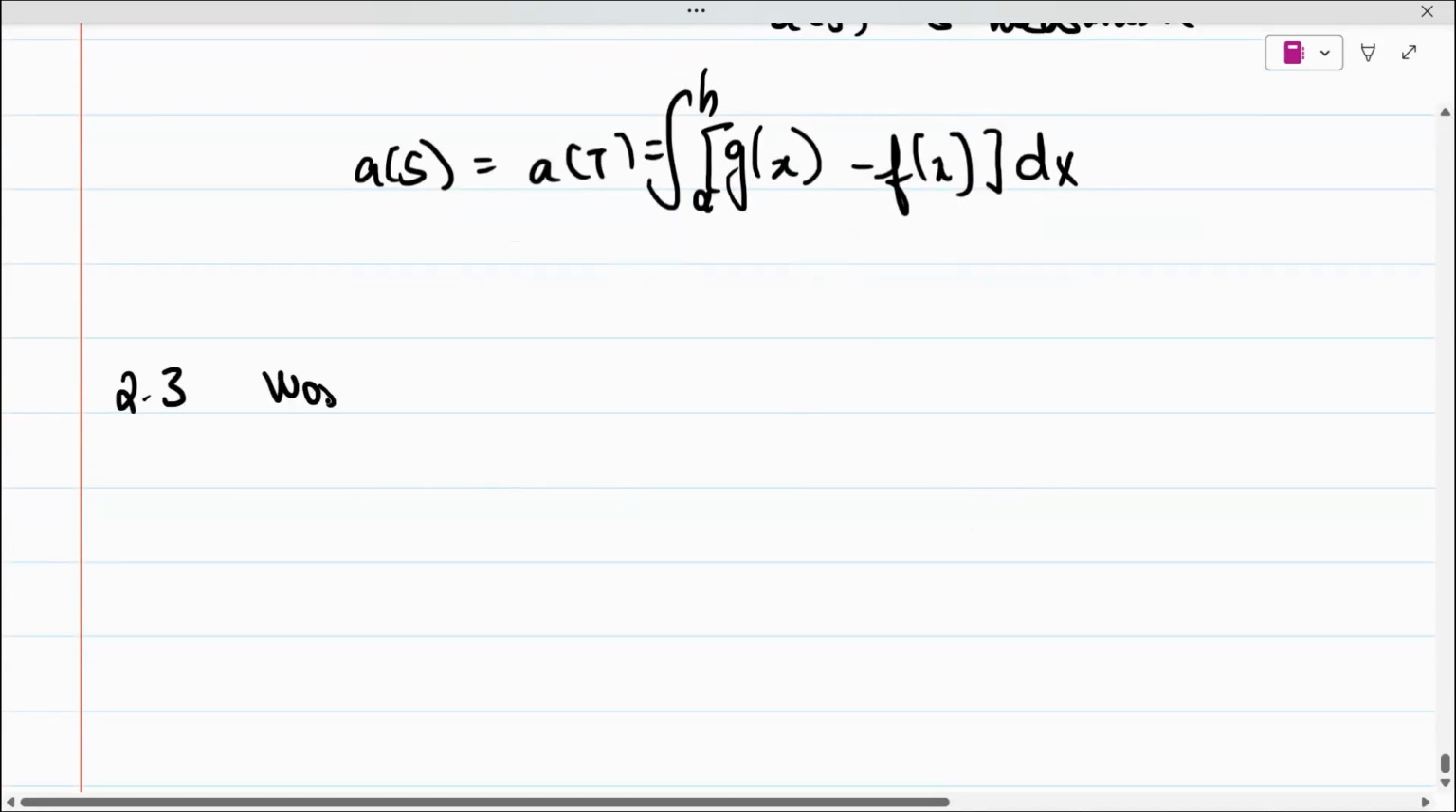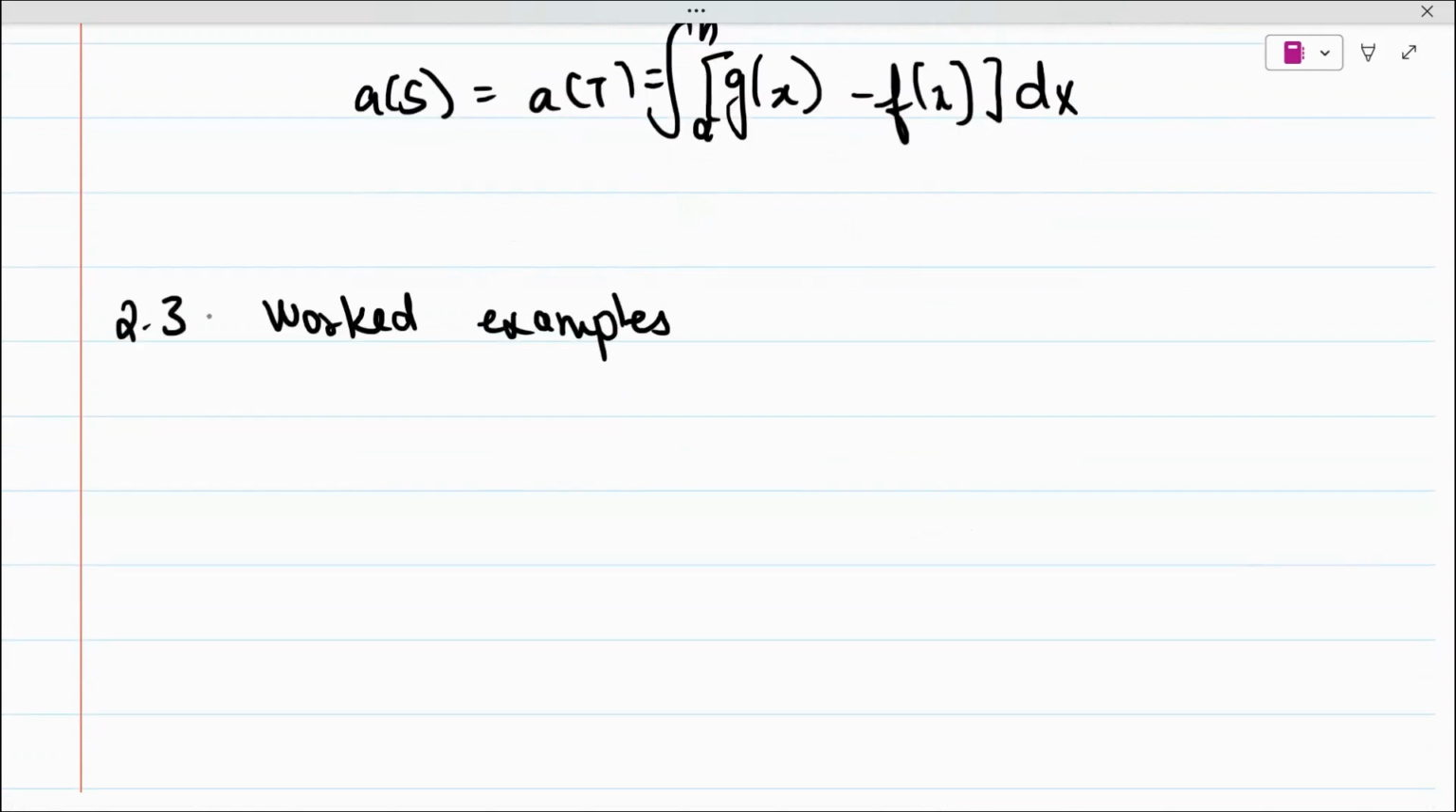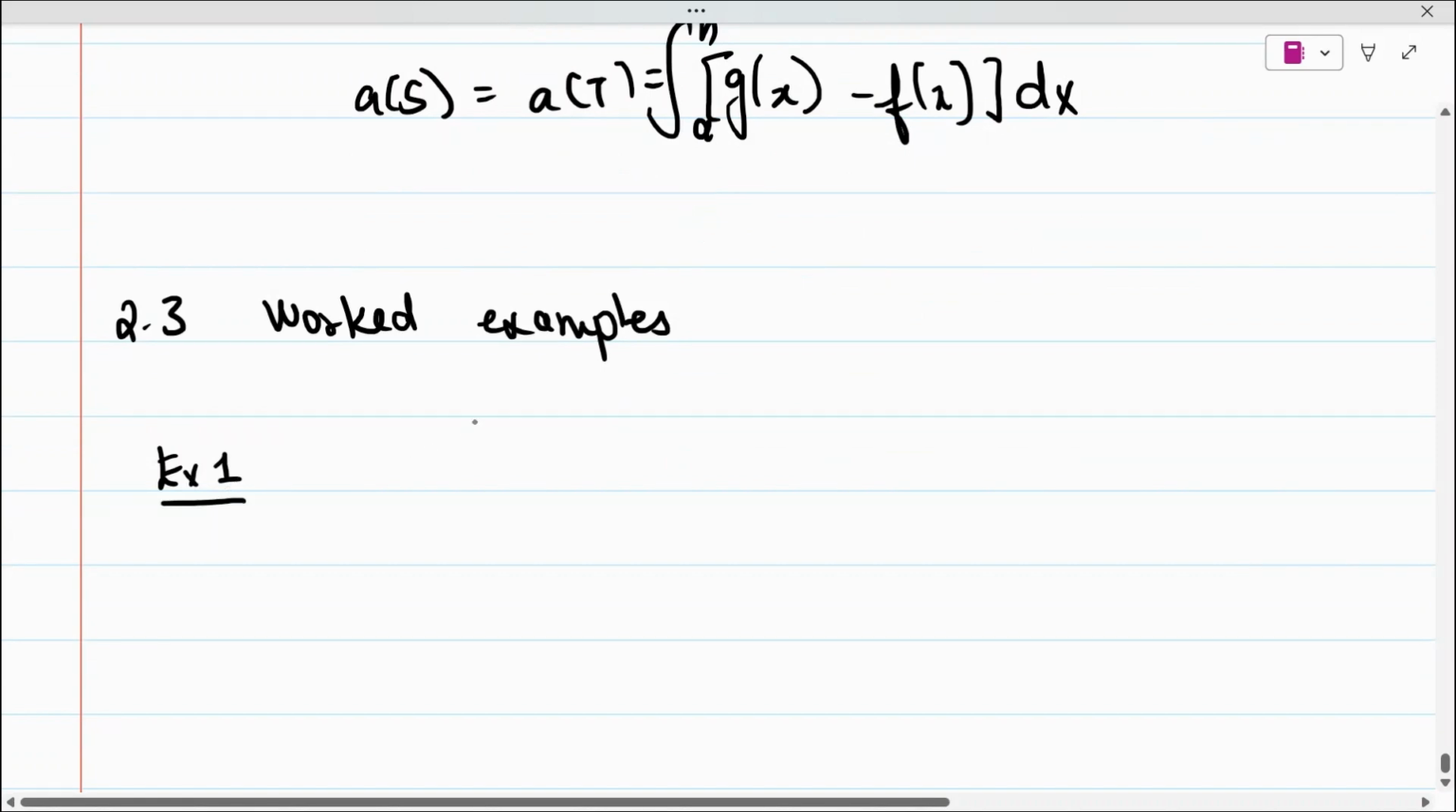So now we come hands-on in some worked examples, or about 6 to 7 worked examples with a little bit of theorem sprinkled in between. So let's get to the first example. We have to compute the area